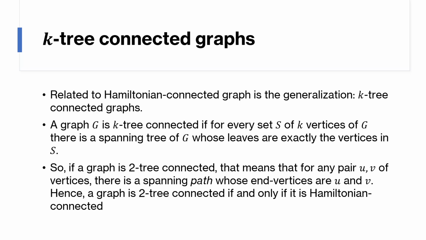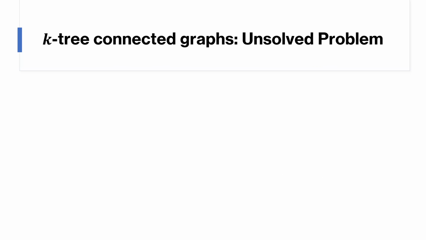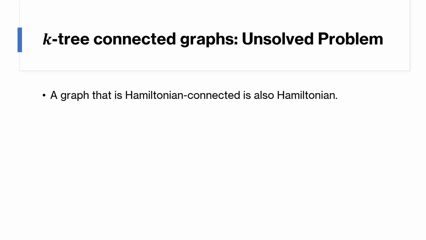And so we generalize this. Let's say three-tree connected would mean any set of three vertices, I can find a spanning tree whose leaves are exactly those three vertices. So given any set of three vertices, I can find a spanning tree that does this. So that's the idea of a K-tree connected graph. And the unsolved problem here that we ran into